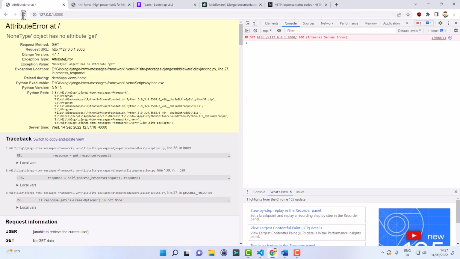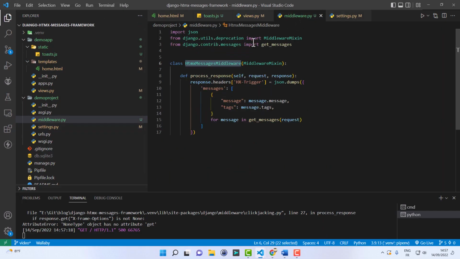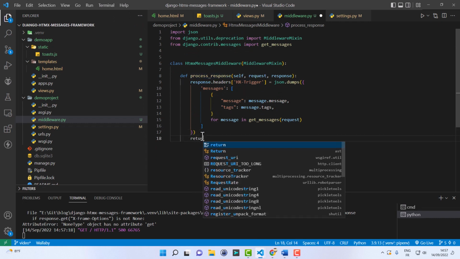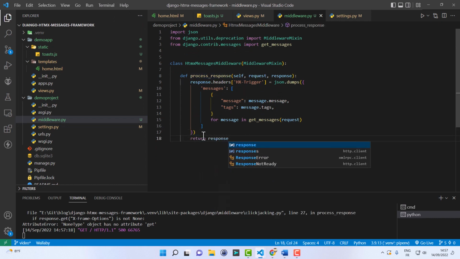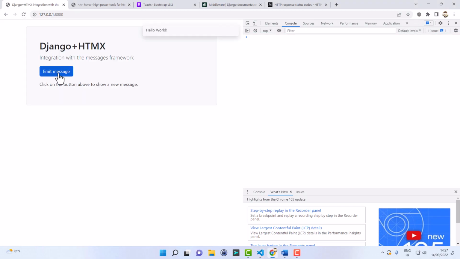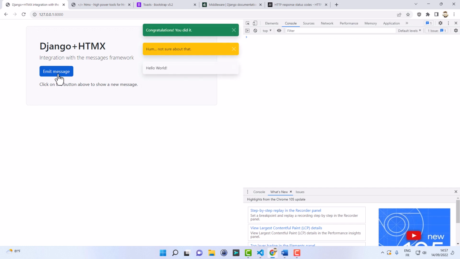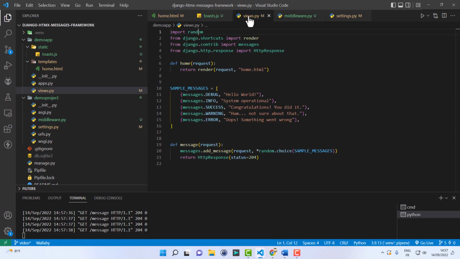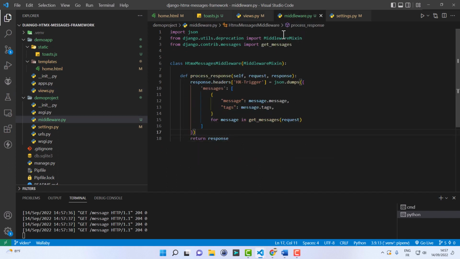Let's refresh the page. Oh, I forgot, at the end of process_response you have to return the response. There we go. And that still works without anything in the view, as you can see. It just returns an empty response, and the middleware injects the HX-Trigger header, and everything works as expected.